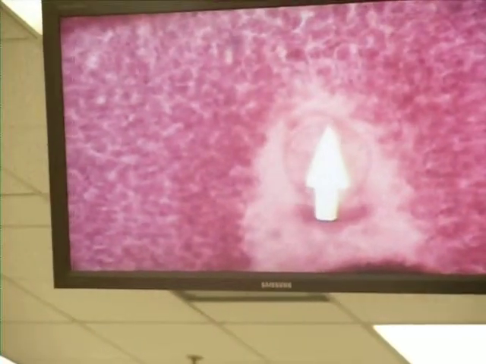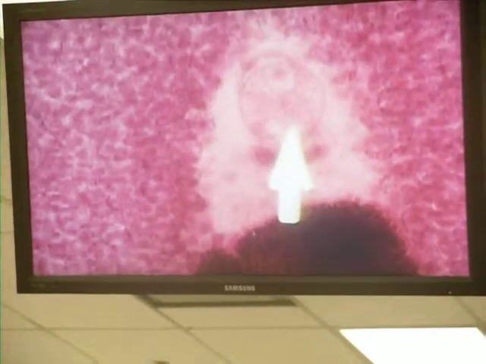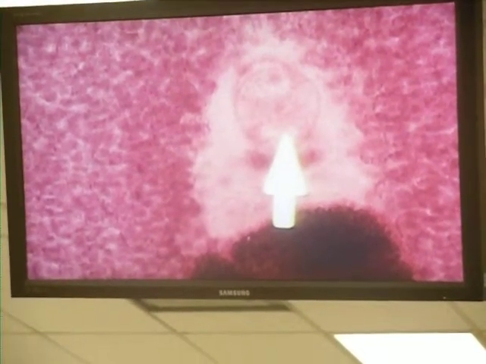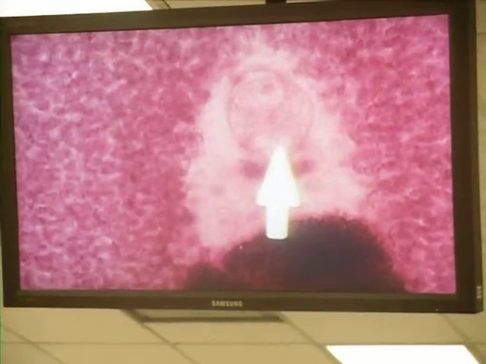All right, here we have what is called the genital atrium. And in the genital atrium in Spirometra, there are two openings. One of these is the uterine pore. One of these is the genital pore. So you can see this lighter area right in this area right here. Now, which of those is which doesn't make any difference. What I want you to understand is that this is medially located, and that one of these two pores is